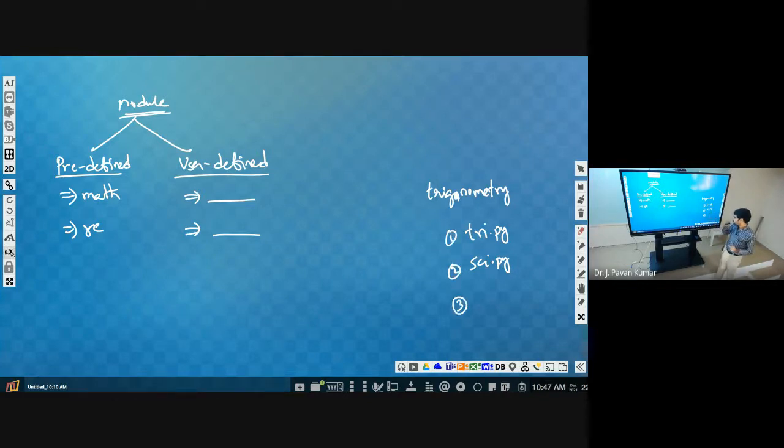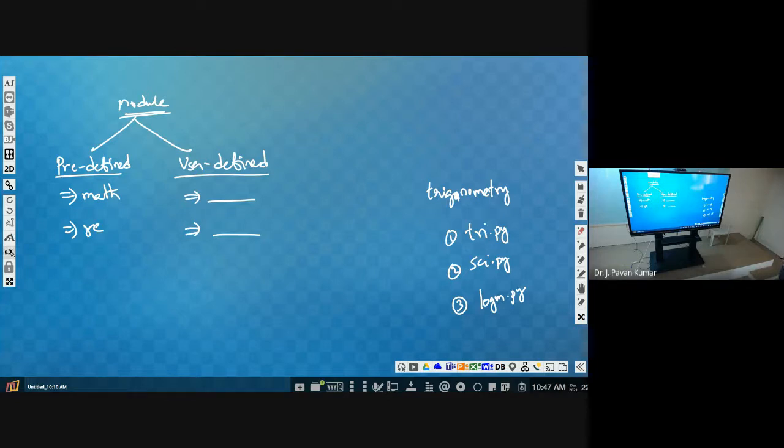Third module, let us say logarithmic functions we will be using, and we will be storing as this particular module. So how many modules do we have? 3 modules. All these 3 modules are related to some calculation, isn't it?